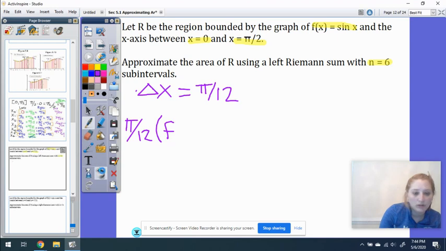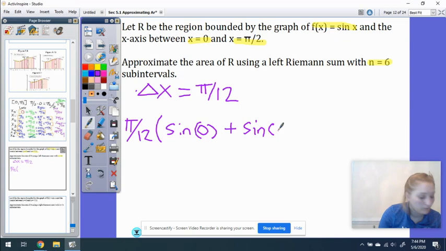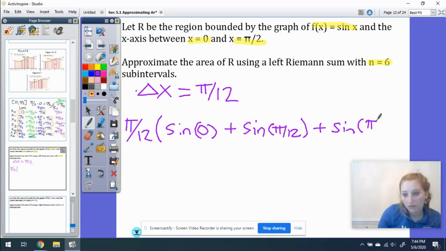So actually, I'm going to write it like this. So sine of 0 plus sine of pi over 12 plus sine pi over 6 plus